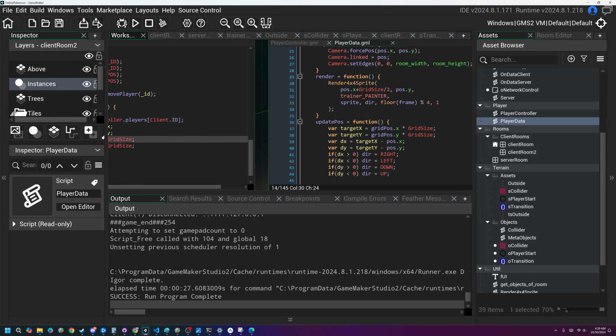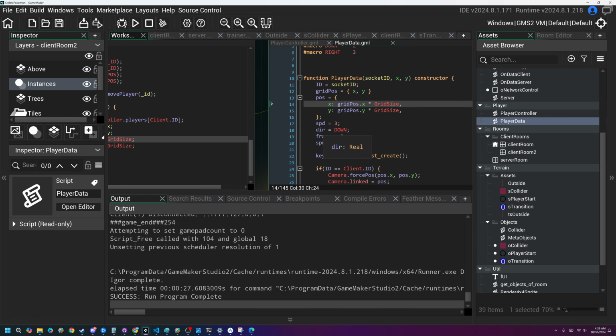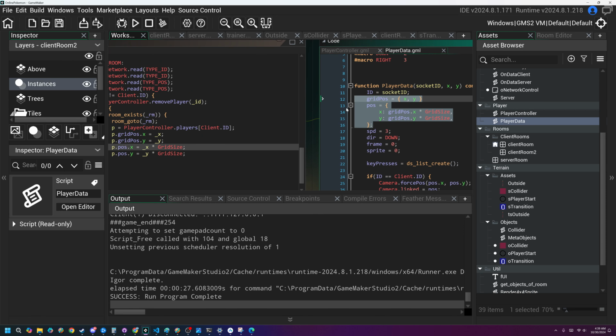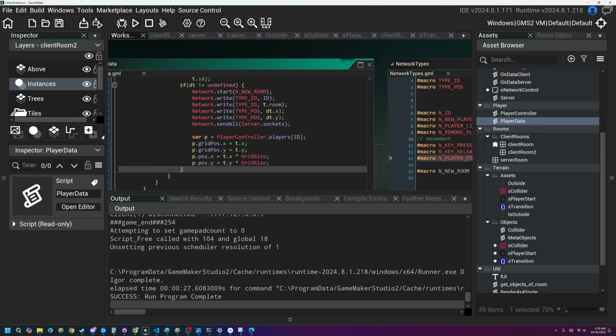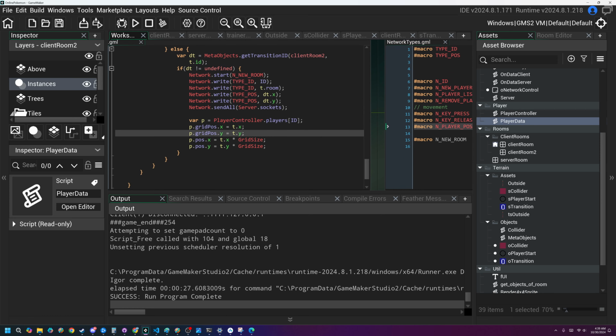So if you remember in the player, in order to stop moving, we have to be in the correct position. They should be perfectly equal. So we are setting the grid position, which is grid position, and then position is the real world position. And the same thing happens here. And just make sure this is the correct player. Player's PI goes this, which is a grid position, XY, XY, times grid size,